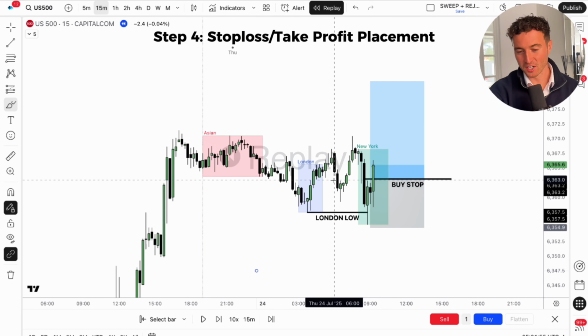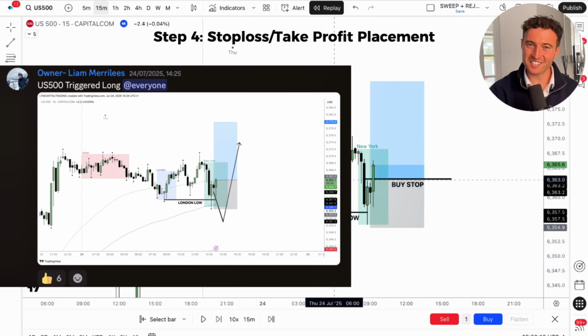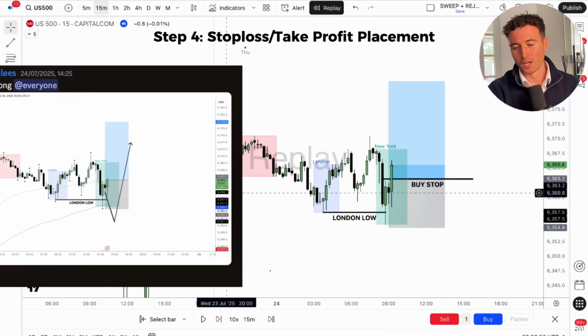Okay, so I was triggered long in this trade right here. And just so you know that I'm not cherry picking this trade, here's the analysis that was sent ahead of time to the exclusive community. And here was the exact execution of this trade. Okay, so now that we're